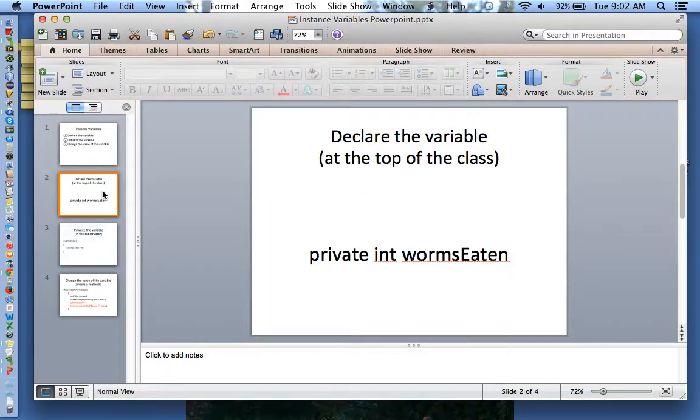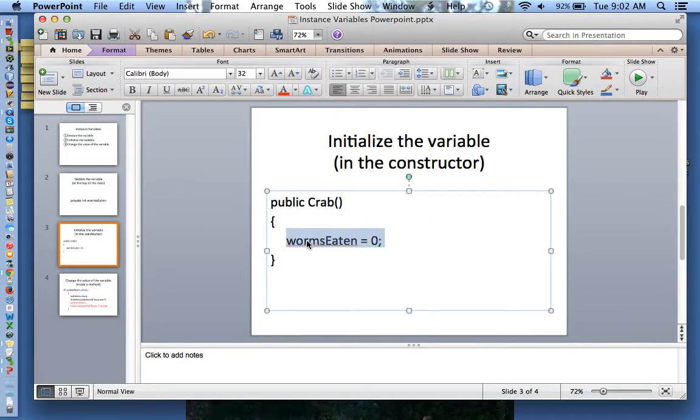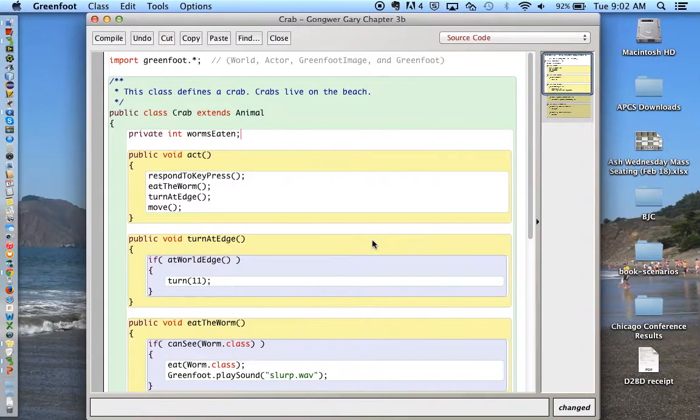Next thing to do is to give it an initial value. It makes sense that worms eaten would be 0 to start, but in the context of what we call a constructor. You'll notice there's nothing in there about int, void, or boolean. It's just public crab. What this constructor does is literally construct the object that we're talking about and store any initial information, in this case, the number of worms eaten. Again, this is not a method,